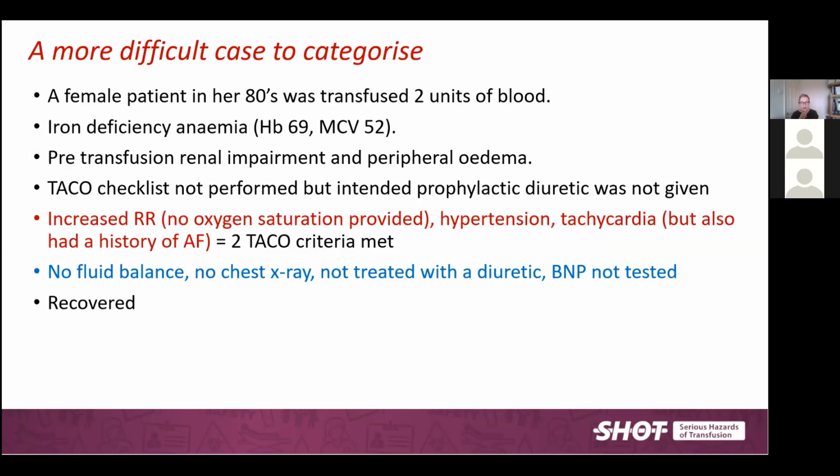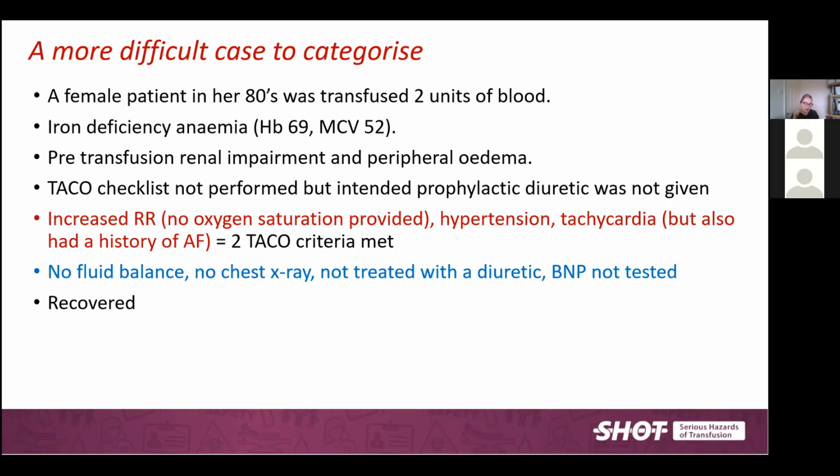Female in her 80s, given 2 units of blood for iron deficiency anemia, pre-transfusion renal impairment and peripheral edema. So there's some suggestion that this patient may have had overload to begin with. A TACO checklist was not performed, and a diuretic that was intended to be given was not given. And during transfusion, this patient had an increased respiratory rate, hypertension and tachycardia, which was complicated by a history of